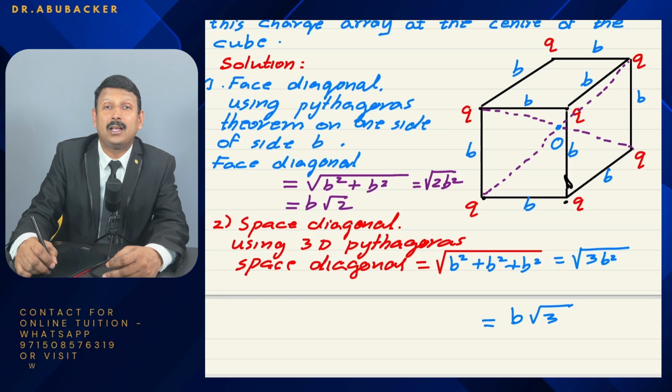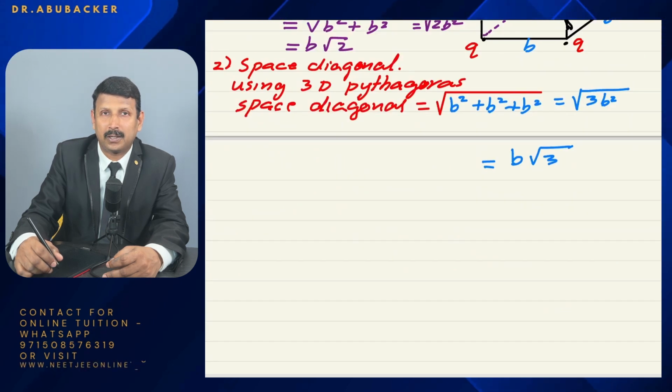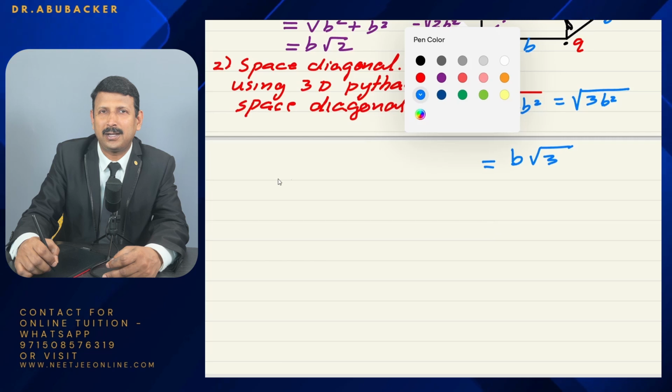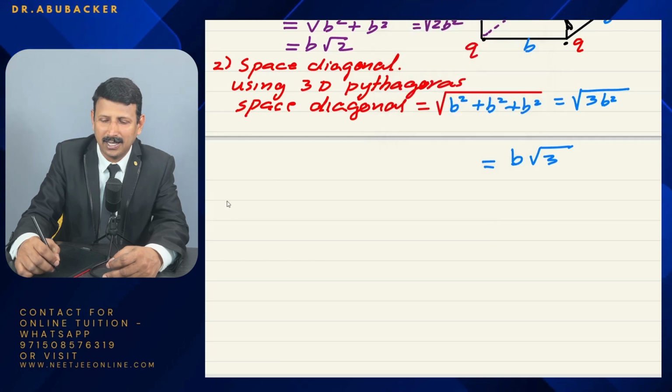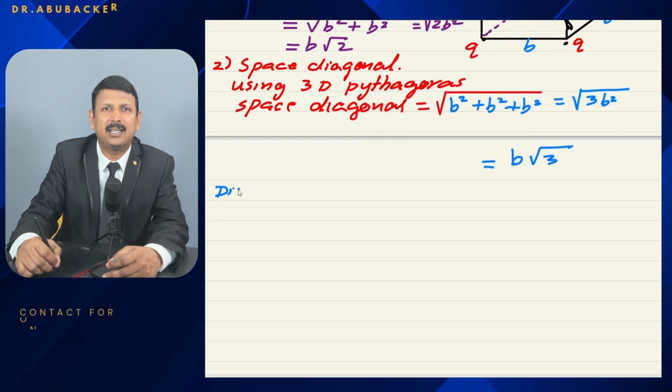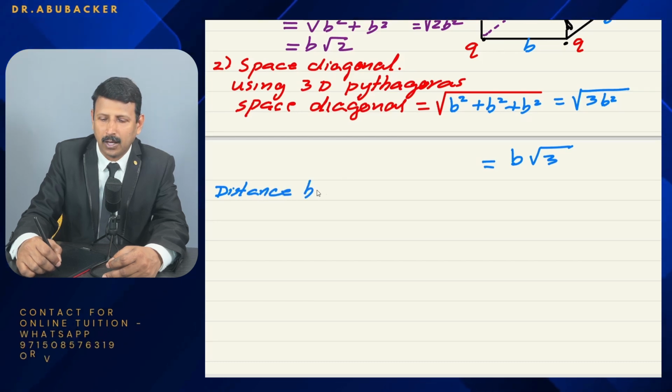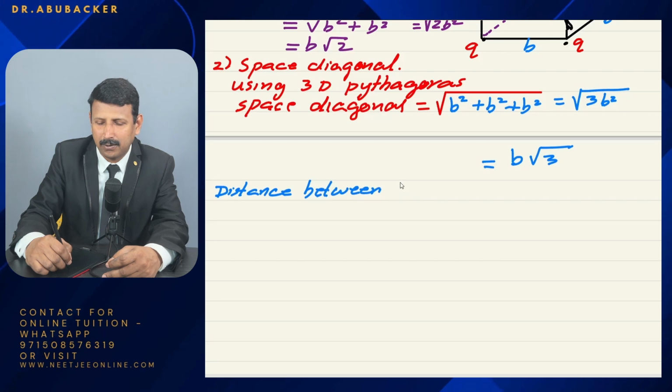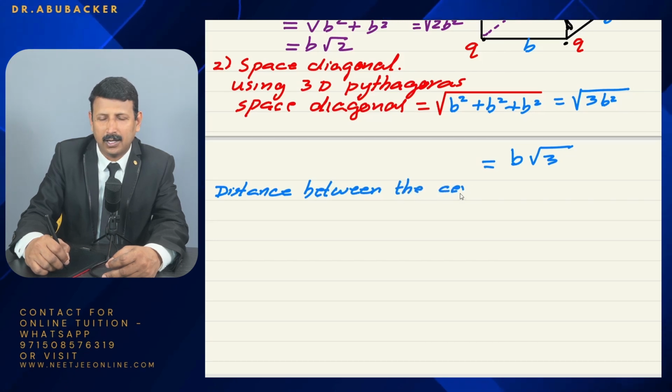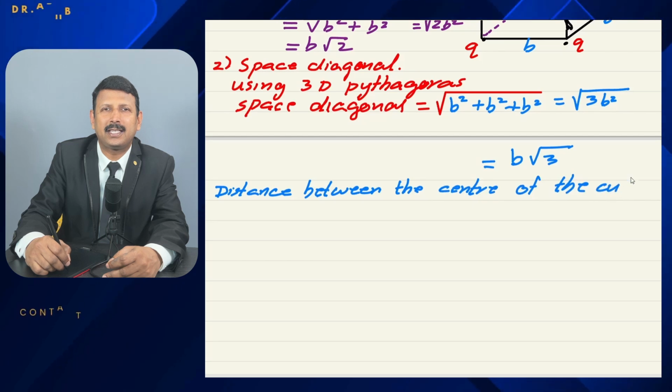Okay. Why did we calculate this one? Because the point O, the center point, is at a distance of half of the diagonal. So we will use that half of the diagonal now. We are calculating the distance between any one of the corners and the center, that is, the distance between the center